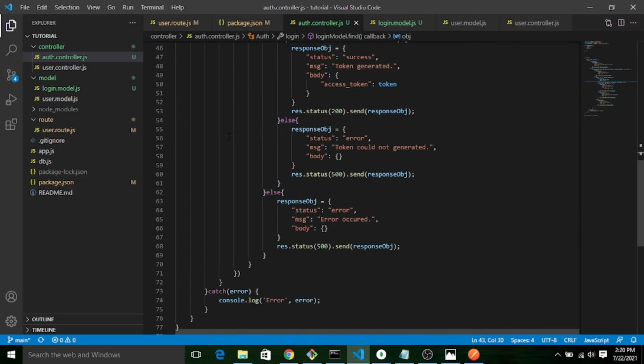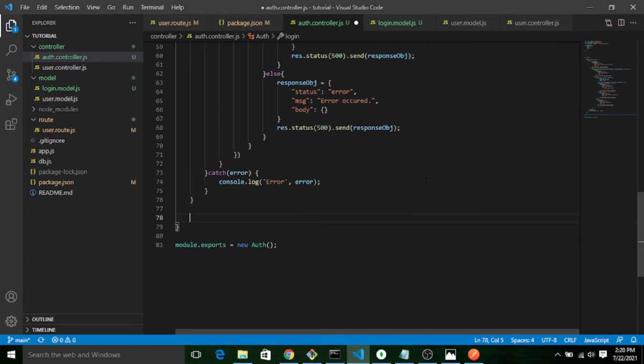So here I will declare one more method for verify. Let me make it verify. Sorry, this is response, my mistake. Let me add the try catch first for exception handling.